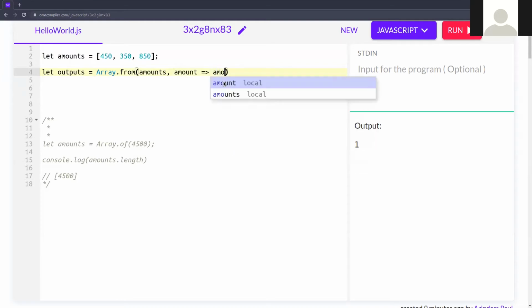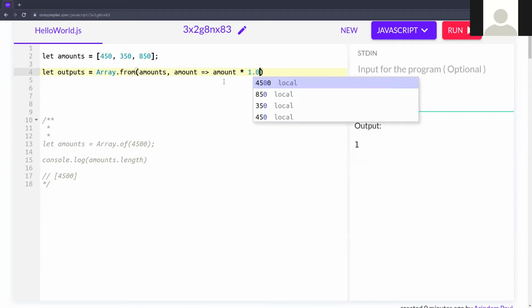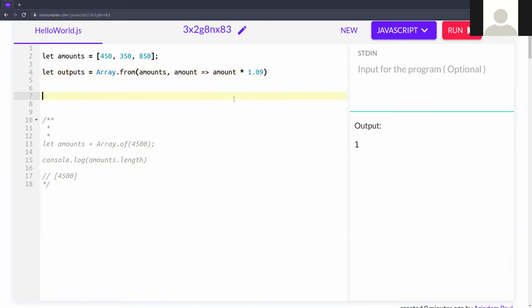Then amount into 1.09. So what is happening here? This is the array, and Array.from is creating a new array with new values. What will the new value be? 450 into 1.09 will be returned. So it will replace this value with this value.